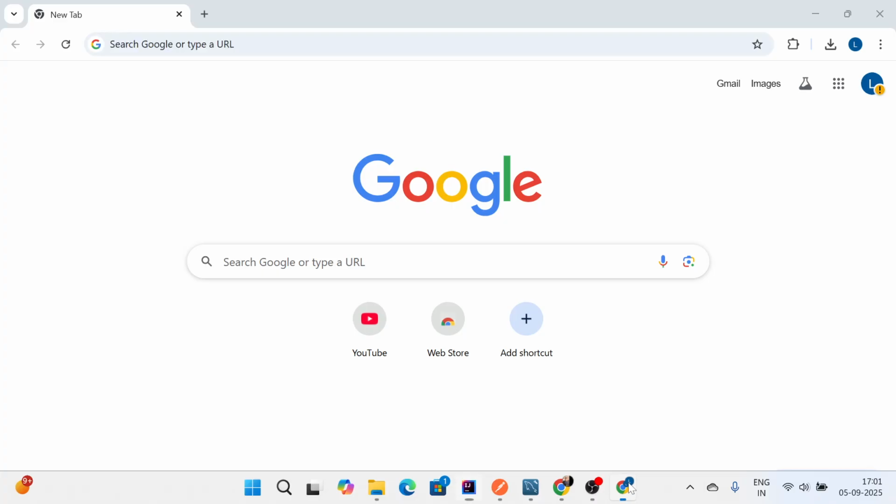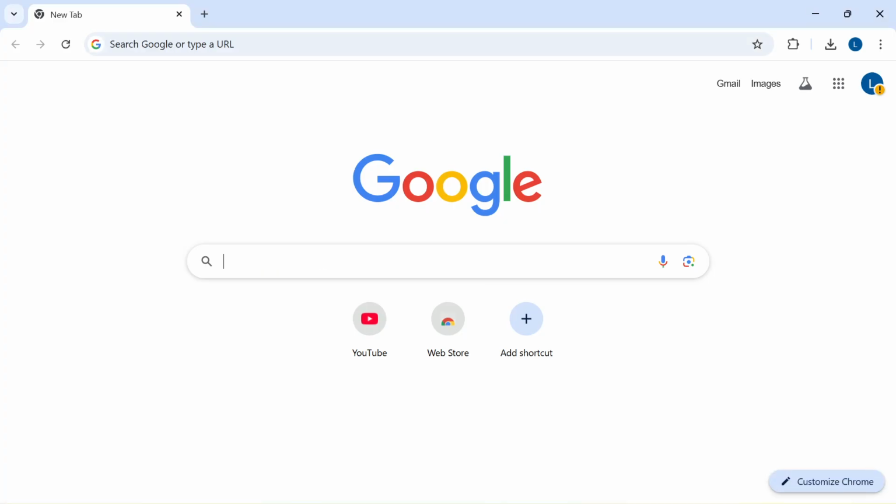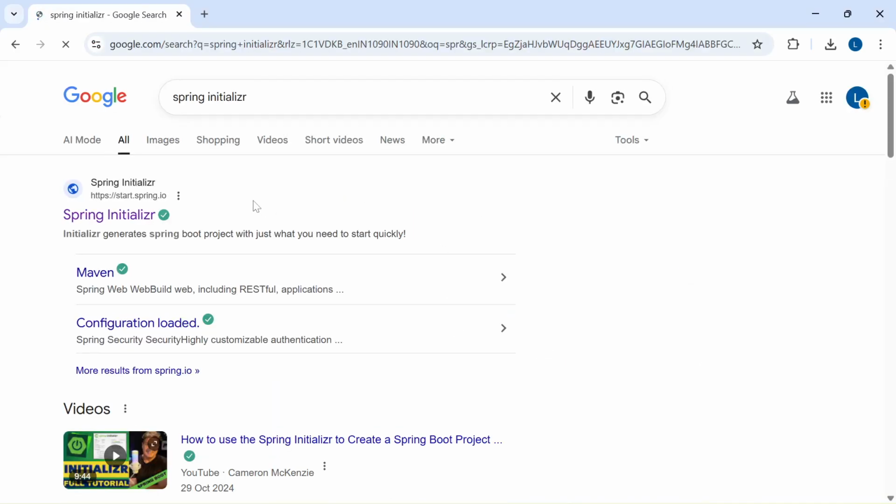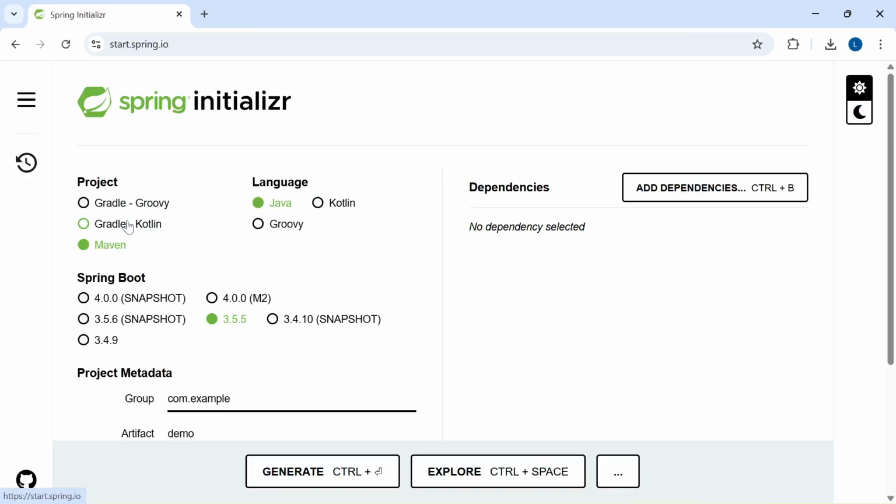So here we are going to move to Google Chrome and search for Spring Initializr, and the first URL is Spring Initializr. You just click on this URL and an interface opens like this. Here we are going to set up our project. In project we choose Maven, language as Java, and Spring Boot with a stable version 3.5.5